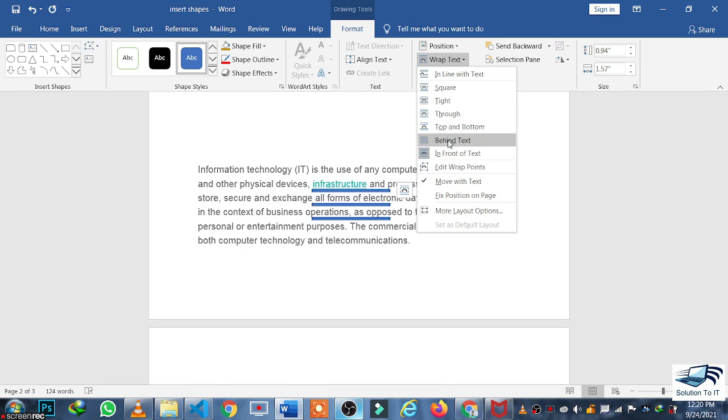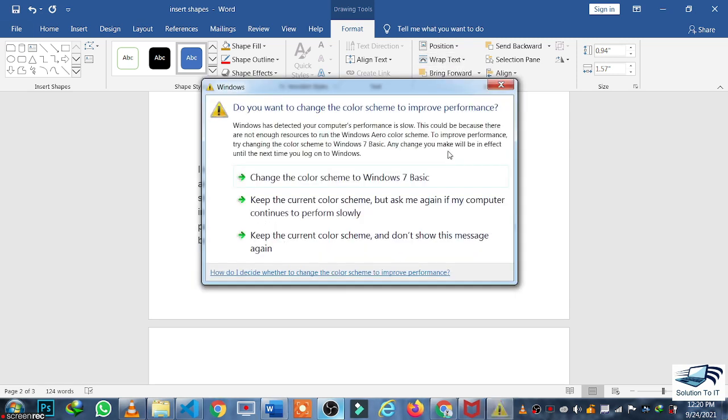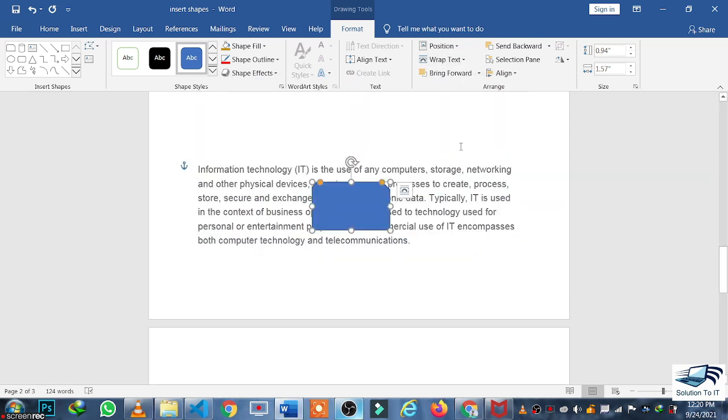Behind Text means if you want to bring your shape behind the text, you can do it. And the next option is In Front of Text, which means if you want to bring your shape in front of the text. So you can align your shape with the text with the help of Wrap Text.